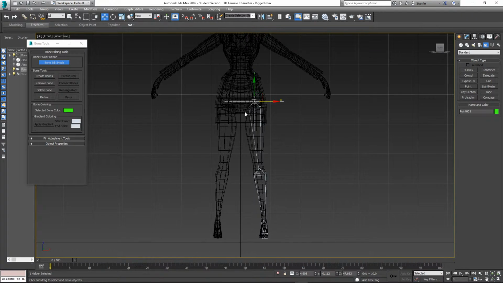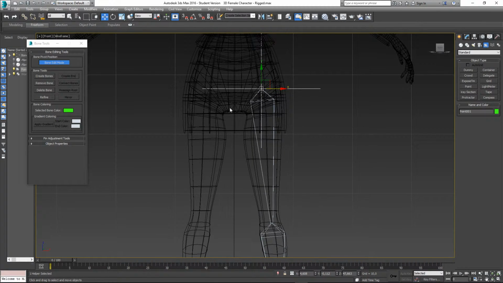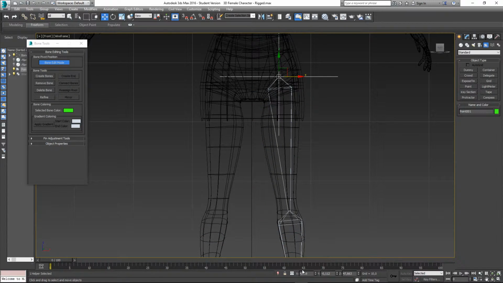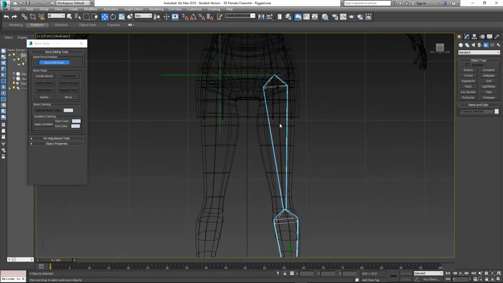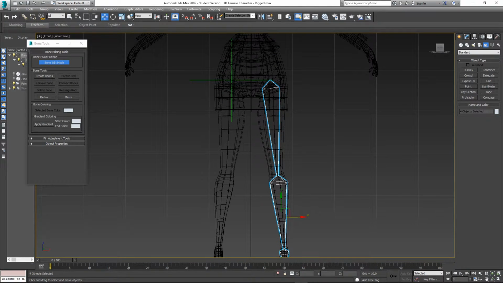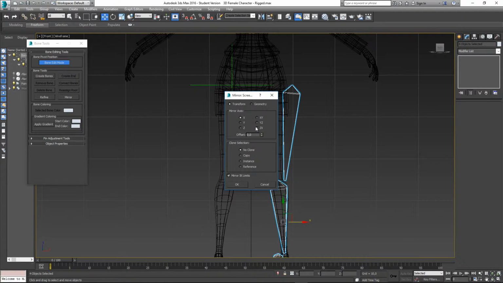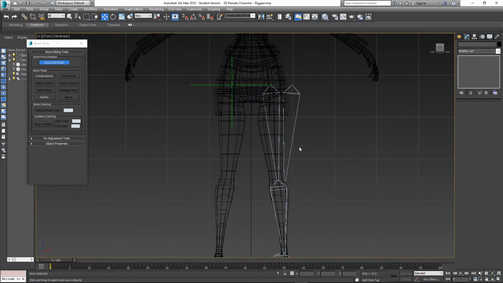Here is why I said your character needs to be in the center. What I'm going to do with this helper, I have my X value over here, because this is my X axis. In front of this X axis down here at the bottom, I'm going to hit minus and hit enter, and that'll move it over to this side. Then I'll double click my bone, make sure I have everything selected. Then I'll go up here to mirror, make a copy, and click OK. Then